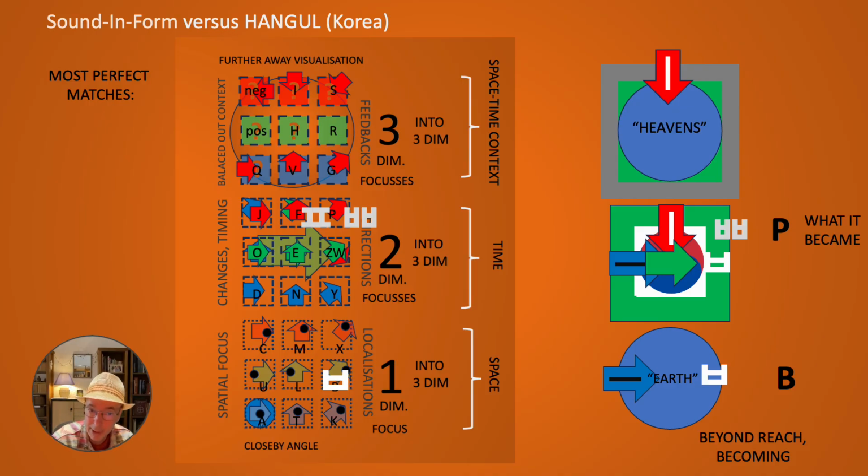B and P also have a relationship with each other. It's the same sound, but it's softer. You have the B and the P. So the B is from the physical area where you are becoming. Everything is already quite physical, but it's going beyond reach. It's becoming something more, and so on. The P is its result. It's immediately the result of all that was becoming. So it is already focusing on what it became and what it could become.